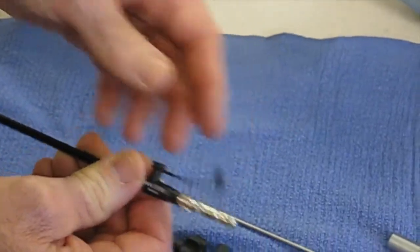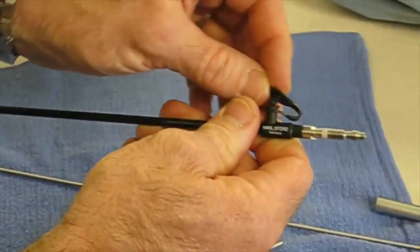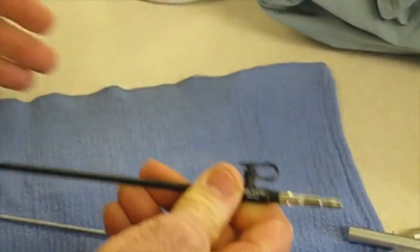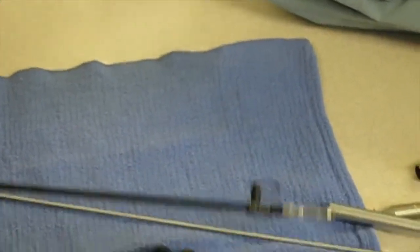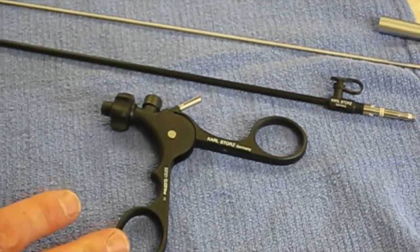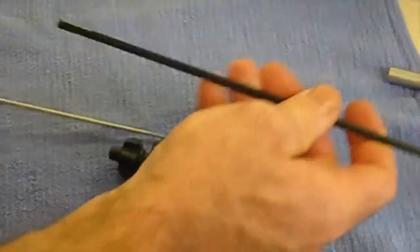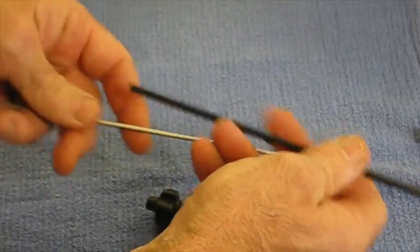Let it dry. I sometimes shake it to dry it out, and then you want to close the valve again so that it's not in the way of the doctor when they're about to do a procedure. Technically, you're supposed to sterilize these three pieces separately, and then it would be up to the doctor to, again, put the insert